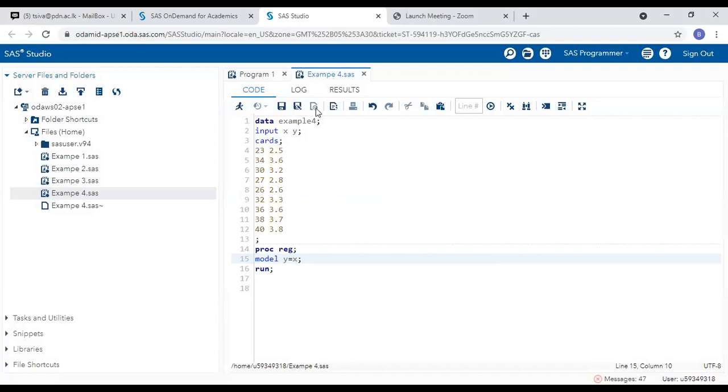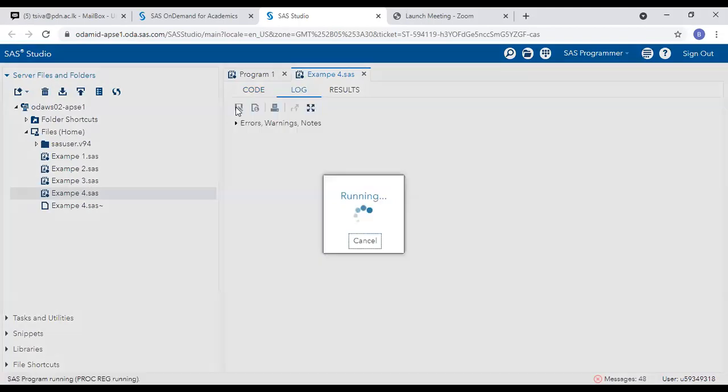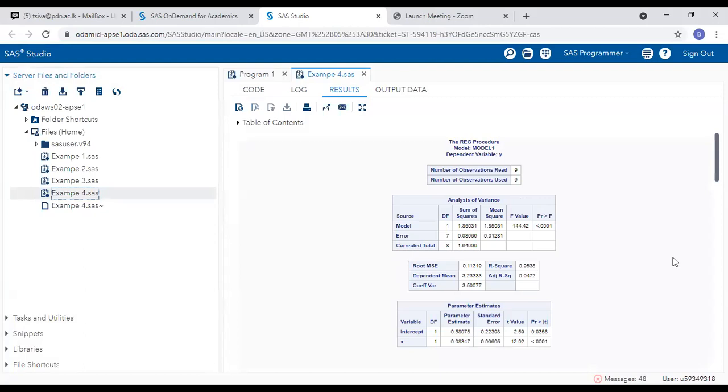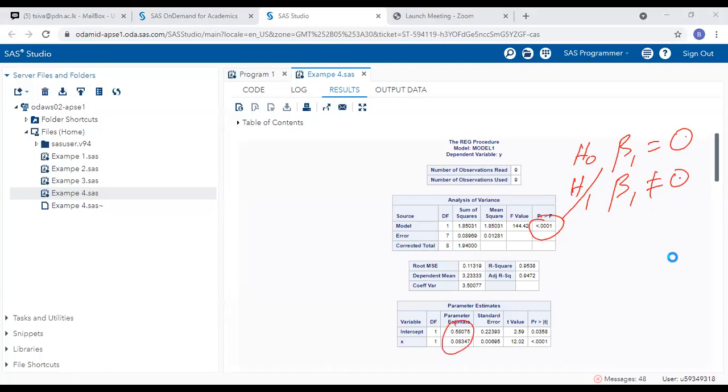We can see. Right. Now we will quickly execute the program and see. So this is the output that you will get. This is what I interpreted yesterday. Few things that we'll have to look at. First thing is you test for beta 1 equal to 0 and beta 1 not equal to 0. That is my null and the alternative. That is the testing. Then, looking at this, we can give the predicted model, that is